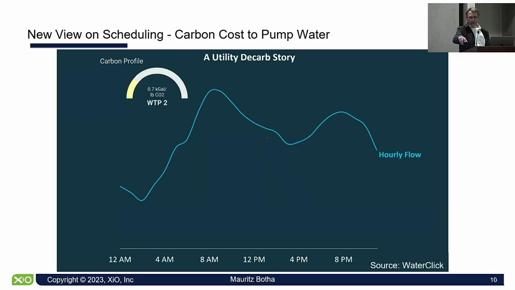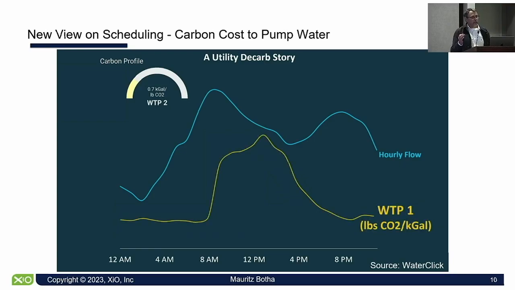So one of the utilities that we work with uses just that generic pump cycle that I mentioned earlier, and their audited results were that they typically pump 700 gallons of water for each pound of carbon dioxide that they use. Now, what's sad about these rate structures of PG&E and Southern Edison is that the peak times are between 4 and 9, or noon and 9, depending on where you are. And if you look at the yellow curve there, that is the contribution of